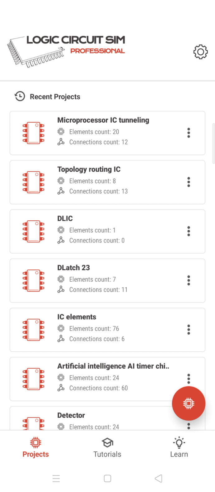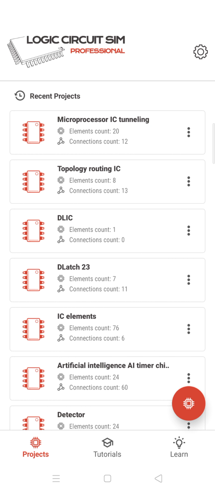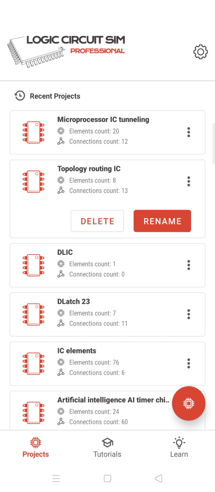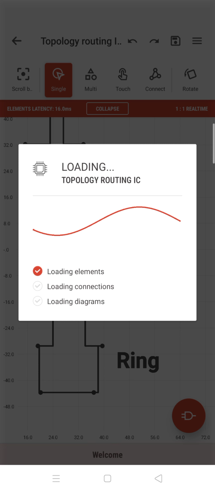Today we are going to talk about topology, and the other one is the microprocessor, how a microprocessor is designed and how topology works. I have created two things. One is called the topology, so I'll talk about topology first. Now I have opened it up, and the topology is coming up.